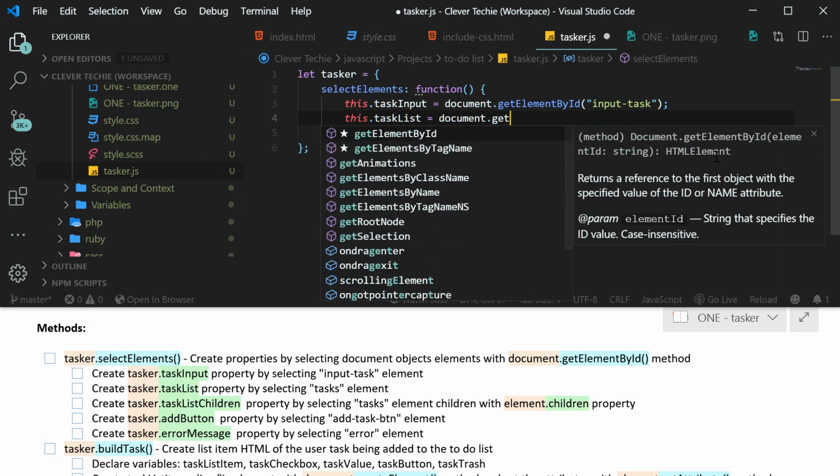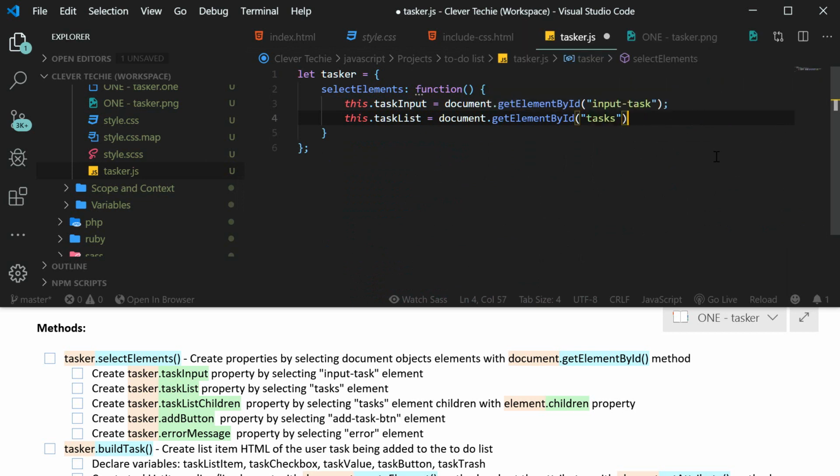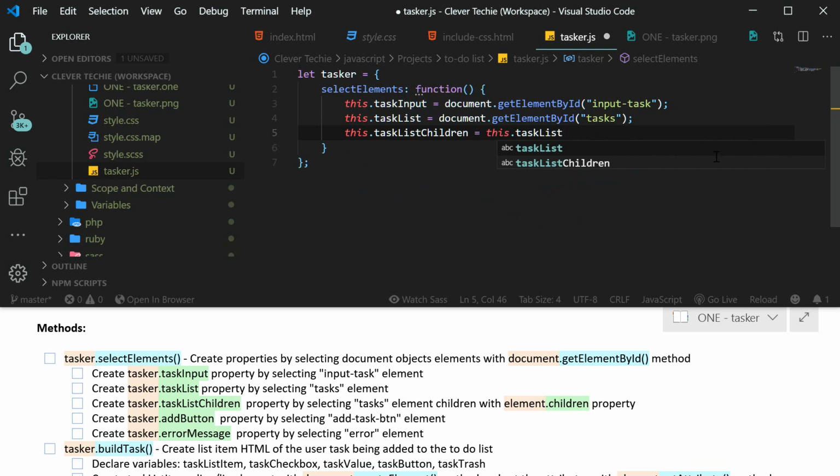And this one is going to be our main unordered list of the user tasks, which is the parent element of where all of our list items will go. So this third element we're going to call task list children, and we're going to use task list, which is our unordered list element, and here we're going to use JavaScript's element property called children. So this will select all the list items that are within the parent element's